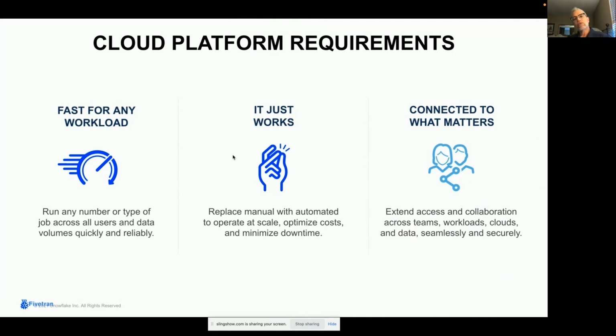The other thing when it comes to Snowflake and the cloud, and cloud in general, you want to be connected to what matters. What that means is essentially eliminating data silos, being able to get your data into the cloud, not only your structured data, maybe data from your legacy data warehouse, but also data from your Hadoop systems, from other SaaS applications. Fivetran has, I forget the number of APIs that they mentioned, but being able to connect to ServiceNow, being able to get Salesforce data